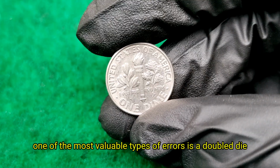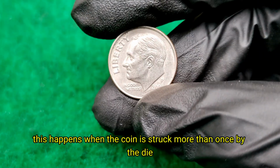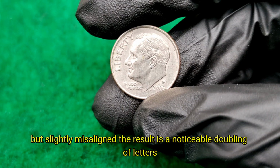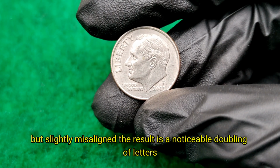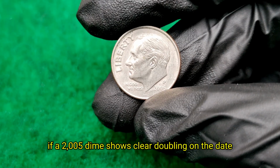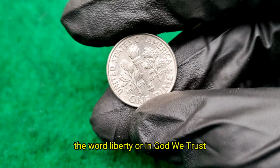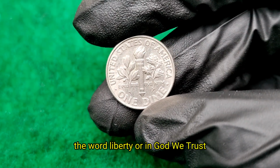One of the most valuable types of errors is a doubled die. This happens when the coin is struck more than once by the die, but slightly misaligned. The result is a noticeable doubling of letters, numbers, or design elements. If a 2005 dime shows clear doubling on the date, the word Liberty, or In God We Trust, its value